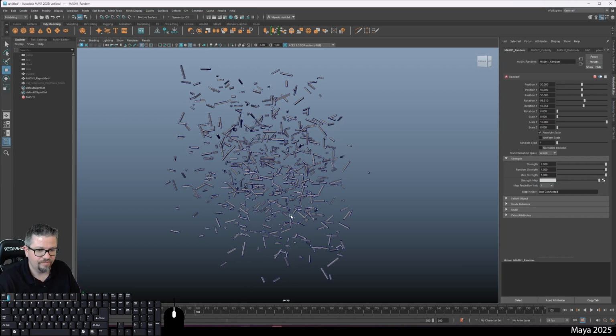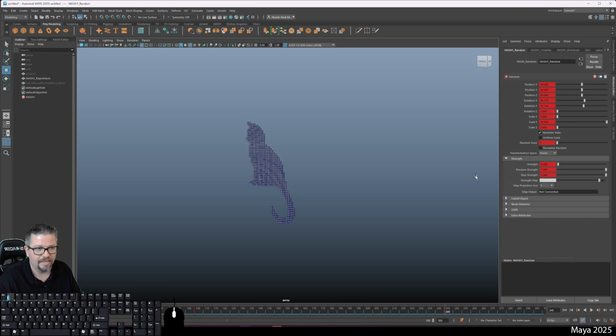So on frame 105, I'm going to tap S, and then on frame 245, I'm going to change my slider and tap S again. And now when I play this back,